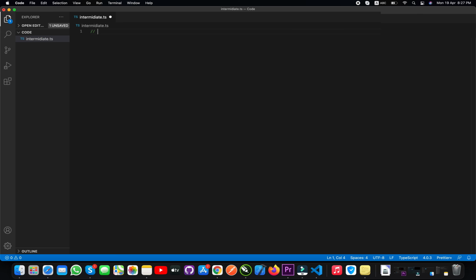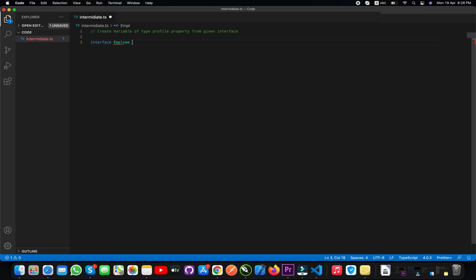So the statement is: create variable of type profile property from given interface. So basically we will have an interface,